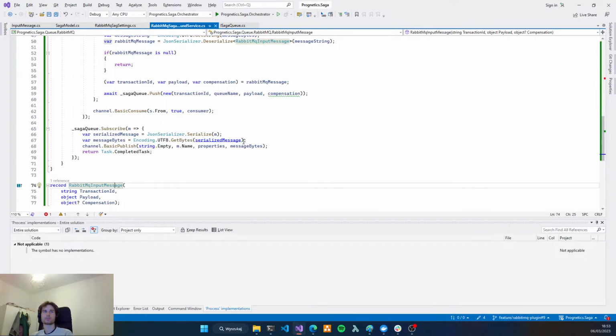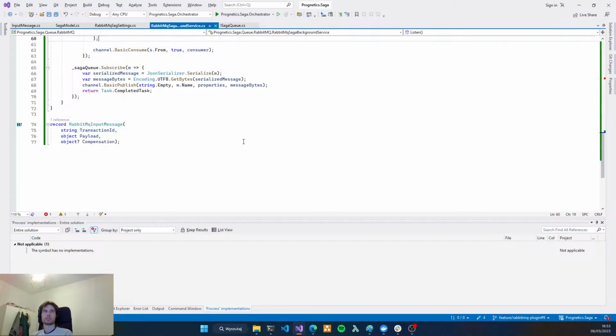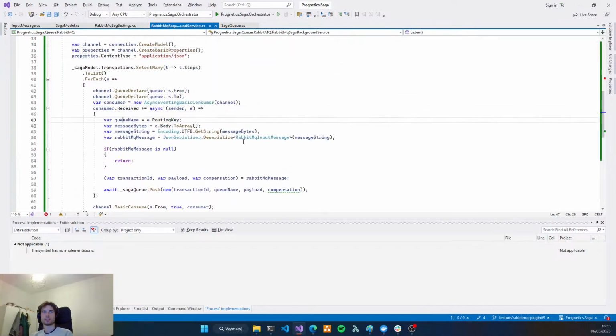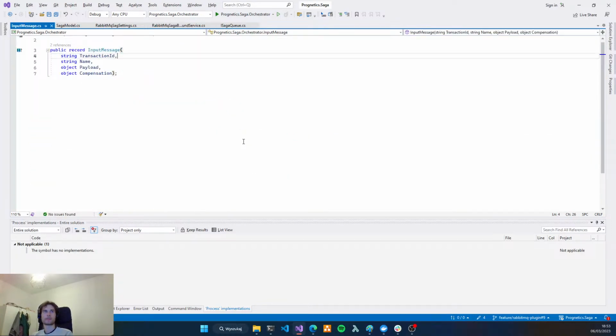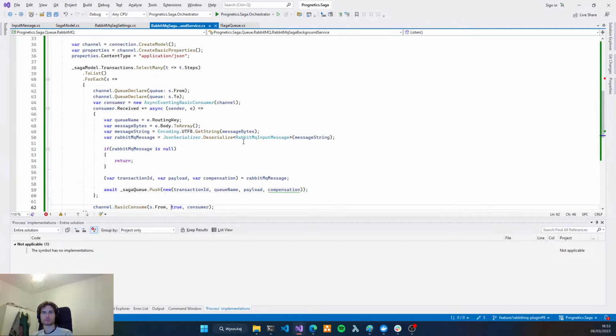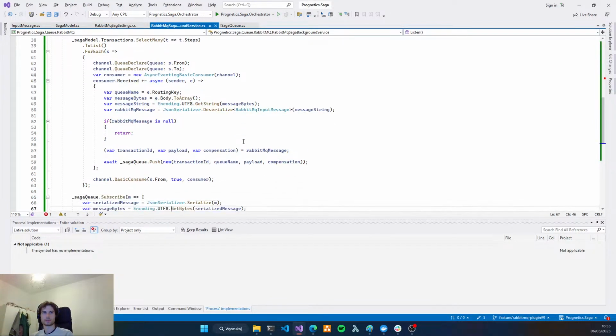So let's change the definition of input message. Okay, now there is no warning anymore.